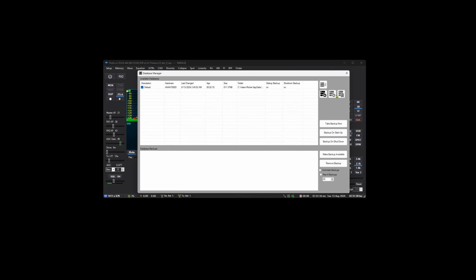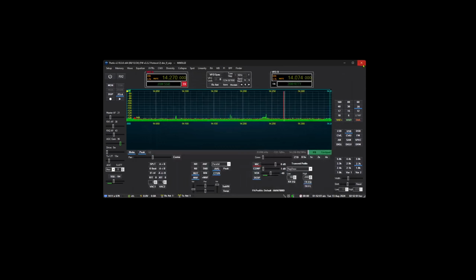These buttons are grayed out over here. The only one we can do is create a new database, so let's do that. Let's hit new, give it a name, a description, moo. And there it is, defaulted Hermes, age is 0, and you can see how small it is compared to my one. So if we now cross this and restart Thetis,